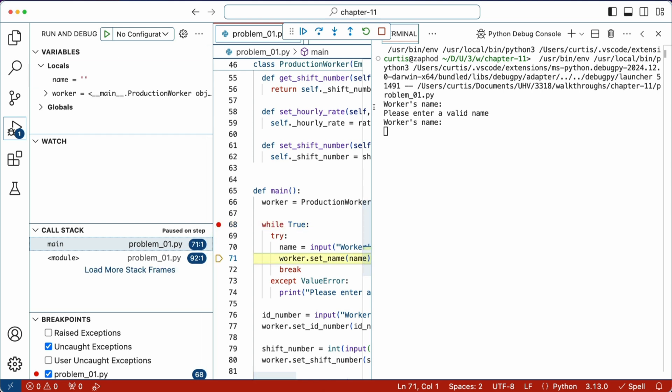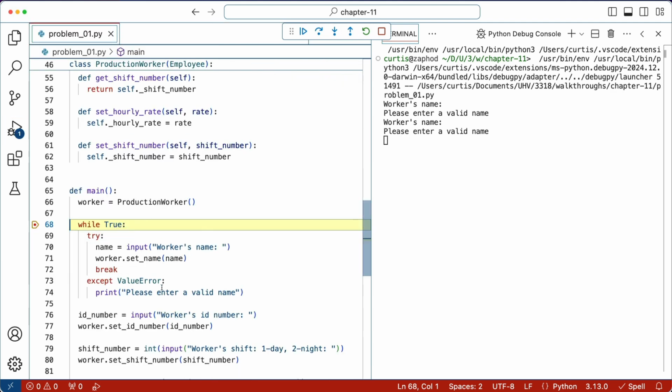It did not do what I expected it to do. I don't know why it's not actually showing it. That's not very nice of it. I'm going to put a breakpoint right here, okay? So I'll play. Please enter a name. Worker.setName, go. And now you can see here, now it's at the except value error